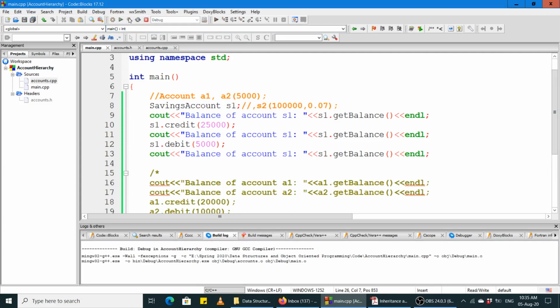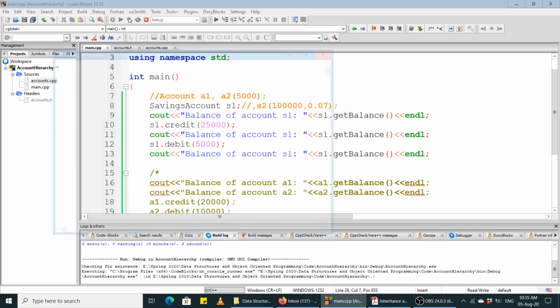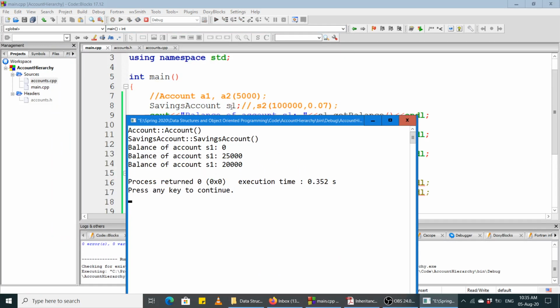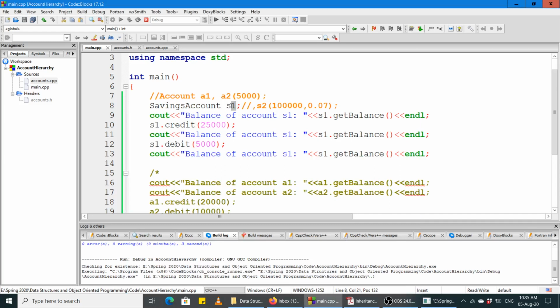अच्छा, सेविंग्स अकाउंट ऑब्जेक्ट S1 को जब हम क्रिएट करते हैं, ठीक है, तो यहाँ पे हम सिर्फ एक ऑब्जेक्ट S1 क्रिएट कर रहे हैं। तो यहाँ पे दो कंस्ट्रक्टर कॉल हो रहे हैं। पहले अकाउंट क्लास का डिफ़ॉल्ट कंस्ट्रक्टर कॉल हो रहा है, फिर सेविंग्स अकाउंट क्लास का डिफ़ॉल्ट, वो तो ऑटोमेटिक खुद ही होगा। सेविंग्स अकाउंट क्लास के डिफ़ॉल्ट कंस्ट्रक्टर को हम बाय राइटिंग दिस स्टेटमेंट इन्वोक कर रहे हैं,